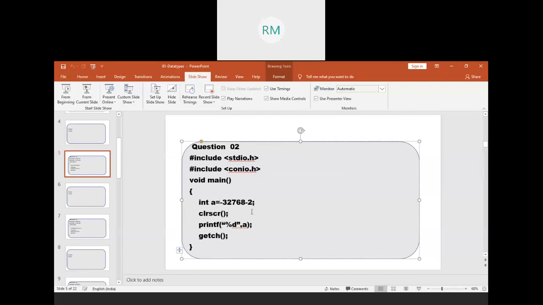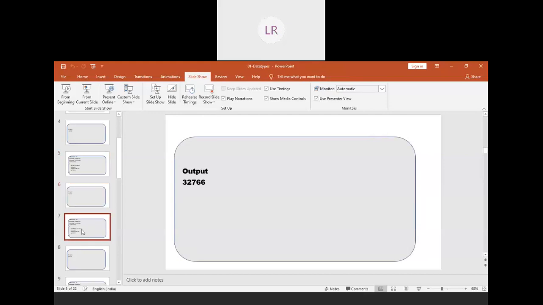Clear? Okay. You can do one thing. If it takes 4 bytes, then give one value out of the range of that and check it. Clear? Then you will get a similar kind of output. I think it is okay. Yes sir. Okay, good.